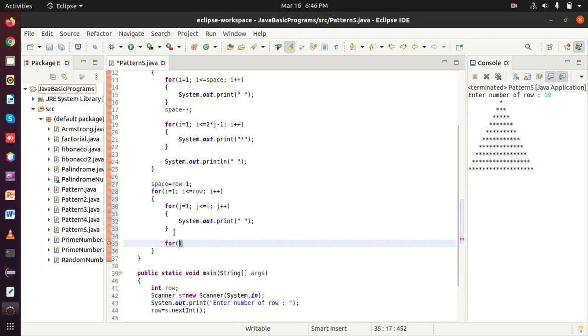For j equal to 1, j is less than or equal to 2 star space minus 1, j plus 2.